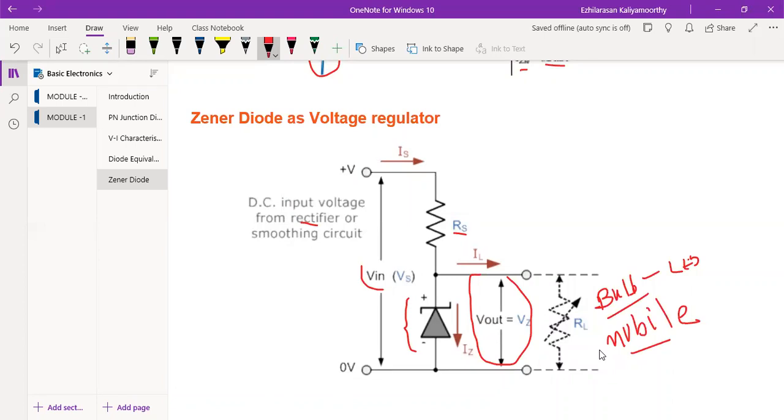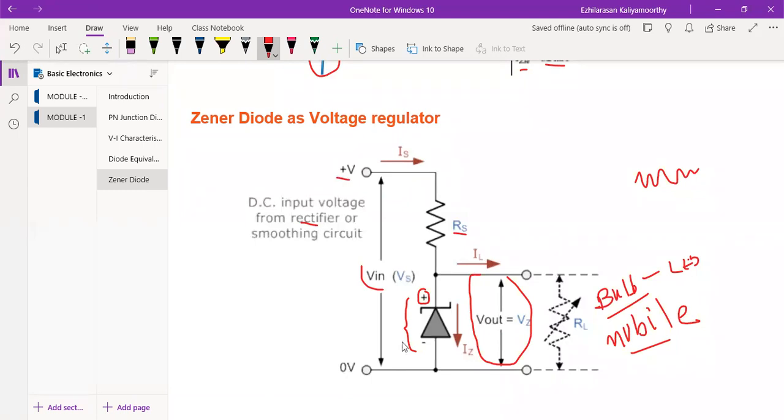Now here, the Zener diode can be used to produce a stabilized voltage output with low ripples. Ripples, in the sense, this is the meaning of ripple. See, in your analog signal, this is called ripple actually. So this is under varying load current conditions. Now, by passing a small current through it, see here, very important: this is the anode, this is minus, but the plus is connected to where it is actually supposed to connect.